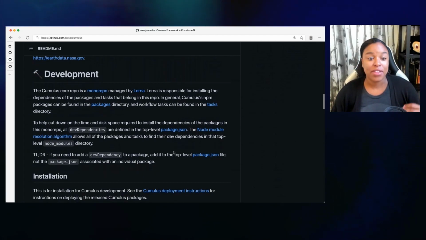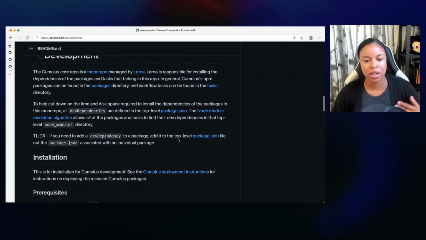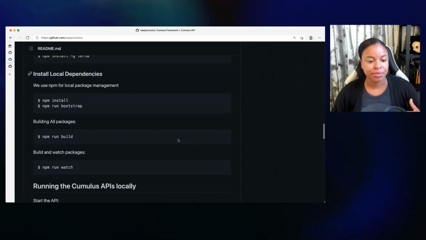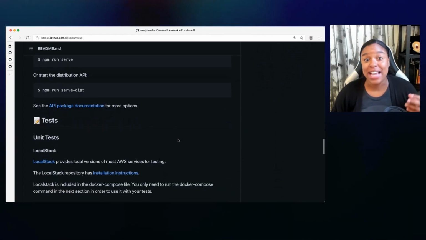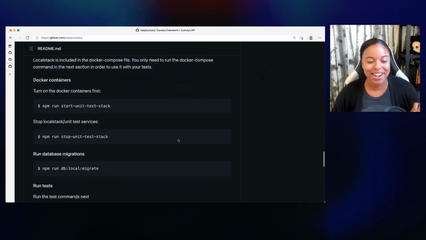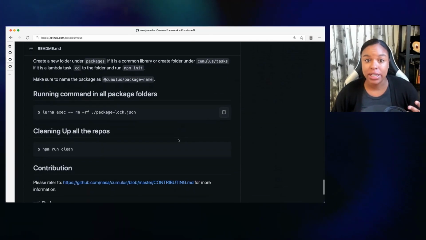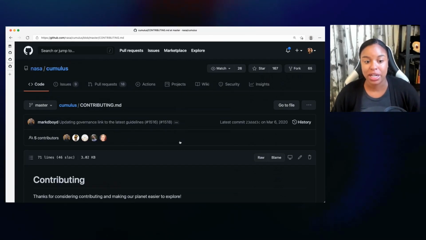So I see that there are some development notes, so I can see how the project is built, a little bit about the tech stack, learn how to install it, see how to run the APIs locally, see how to run the tests locally. That's super important. And then what I'd be looking for is, as a contributor, what do I need to know about contributing? So I might focus my attention on this